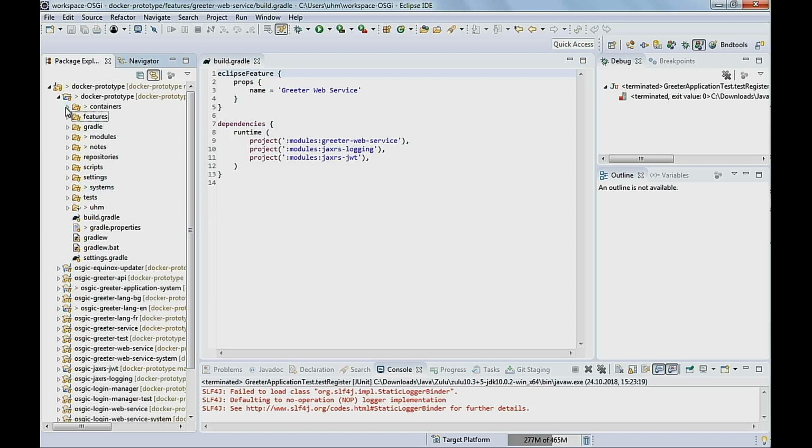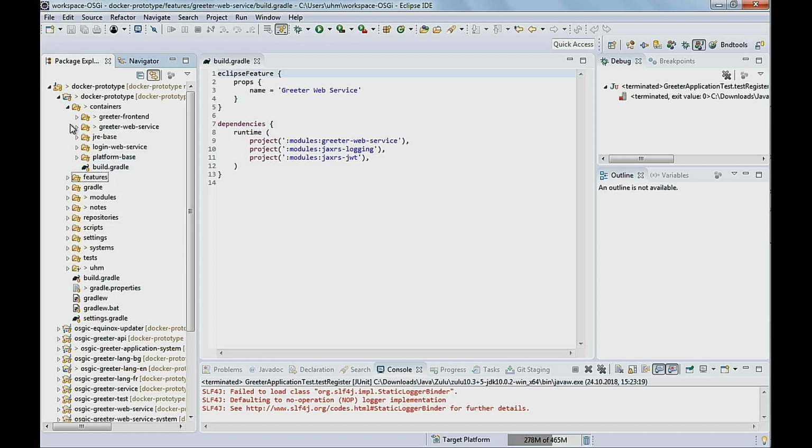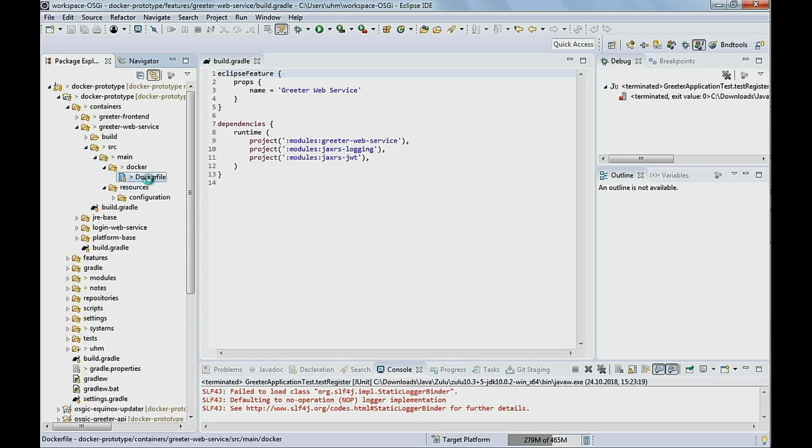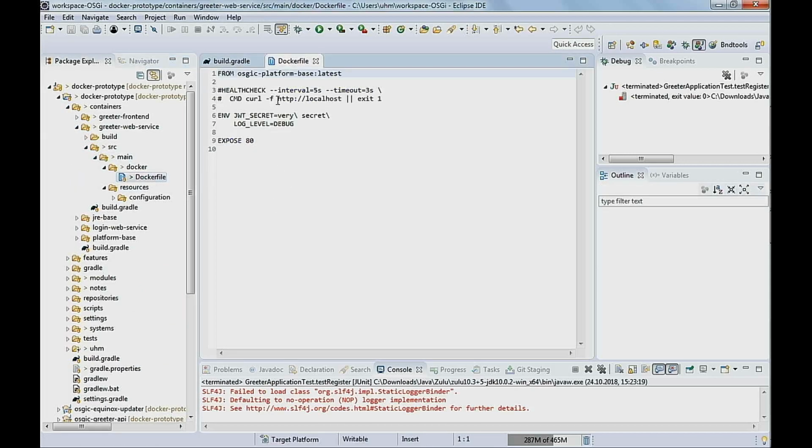At the next level, we have the actual containers, and a container would usually have a Docker file. So here we can, for instance, say that this web service is based on the platform Docker image.